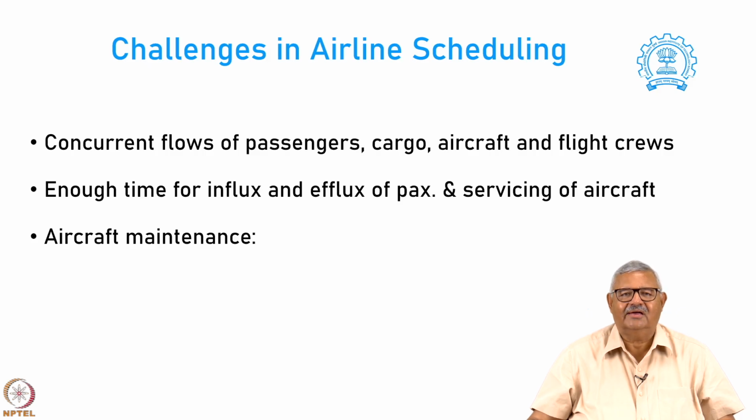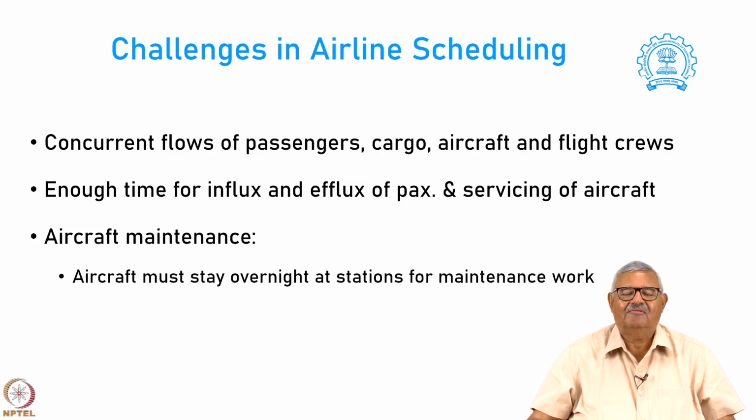Then if you look at the aircraft maintenance, we have to be very careful that the check A or B has to happen only at specific locations where the maintenance facilities are available, generally called the maintenance base of the airline. That is the place where all aircraft have to eventually end at the end of the operations. They should turn up at that point, so that maintenance can be done generally during the overnight period.